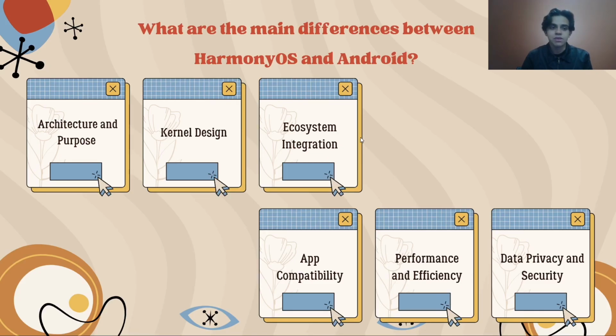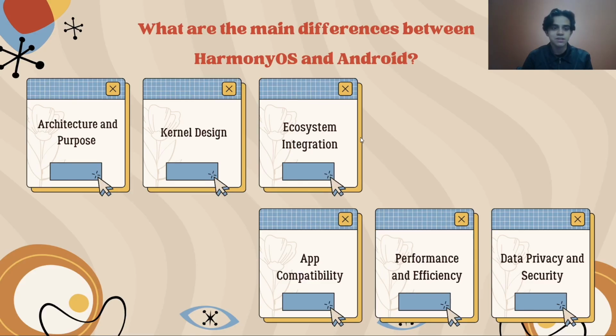HarmonyOS is designed to be a multi-device operating system. It is built to support a wide range of devices, including smartphones, tablets, IoT gadgets, and wearables. The main aim of HarmonyOS is interconnectivity, binding various devices into a single ecosystem. For example, a HarmonyOS user can easily control their smart TV, speaker, and wearable gadgets all from their smartphone, creating